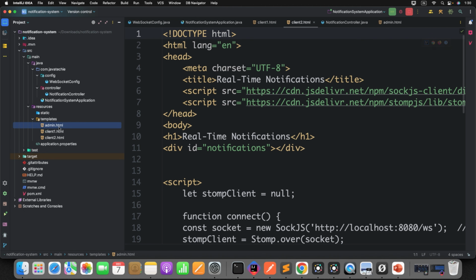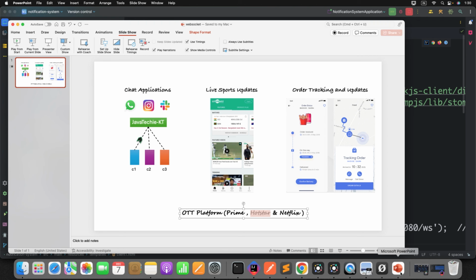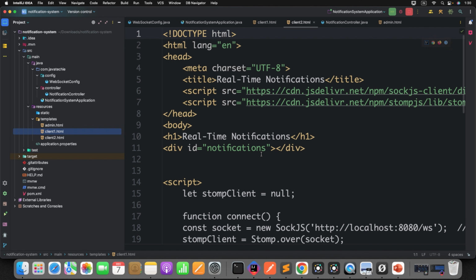One admin will publish the message, and we will see whether the client 1 and client 2 pages get auto loaded or not, or whether the message is auto updated in their page or not. That is the purpose of this real time notification, right? That is what we understand from different types of use case. Let's see that. So what I can do, let's restart the app,